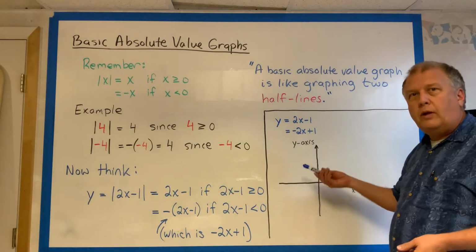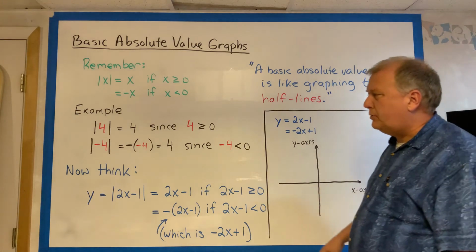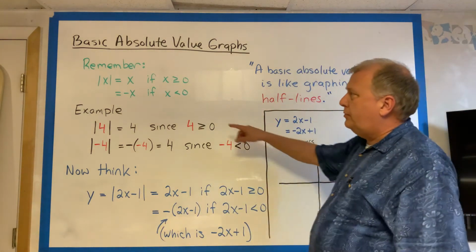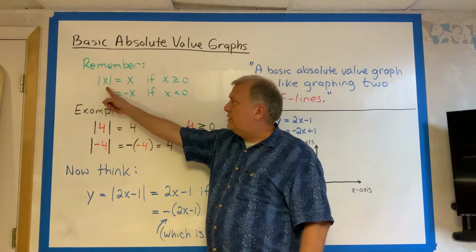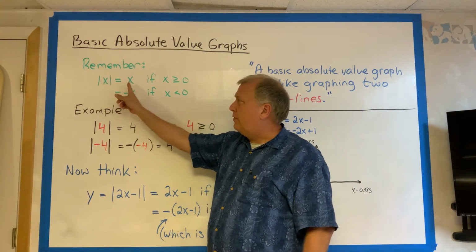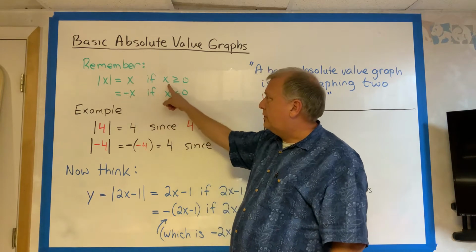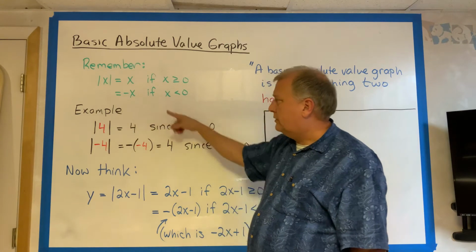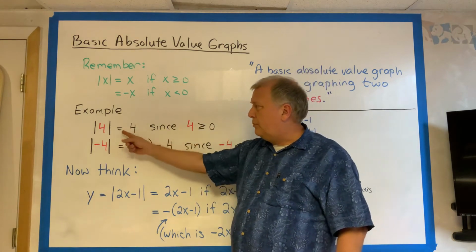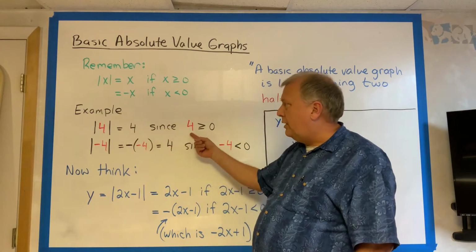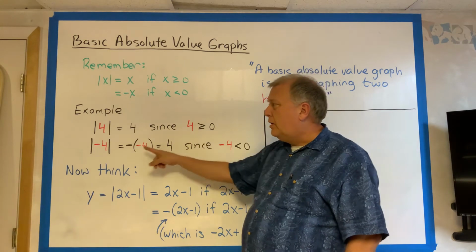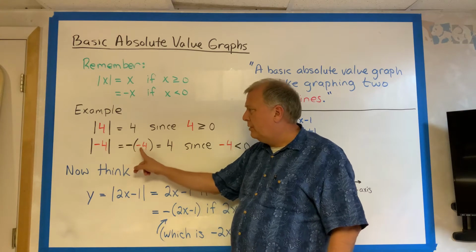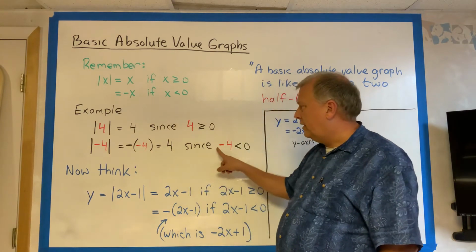Since we've graphed a couple lines, let's look at graphing an absolute value of a line. See how that differs. So remember, absolute value of a number is the distance that number is from 0. So absolute value of x is equal to x if x is greater than or equal to 0, and the opposite of x if x is less than 0. The absolute value of 4 is 4 because 4 is already greater than or equal to 0. But the absolute value of minus 4 is the opposite of minus 4, also 4, and that's because minus 4